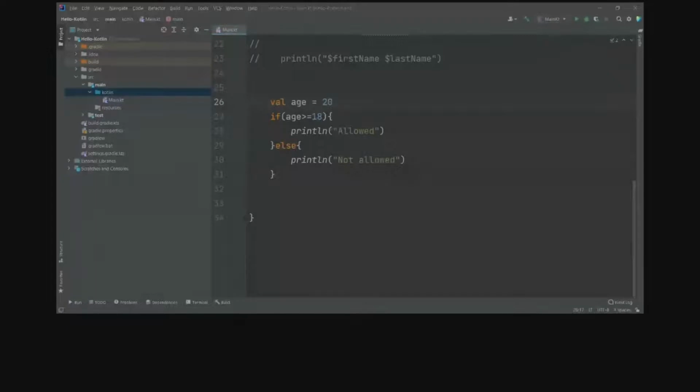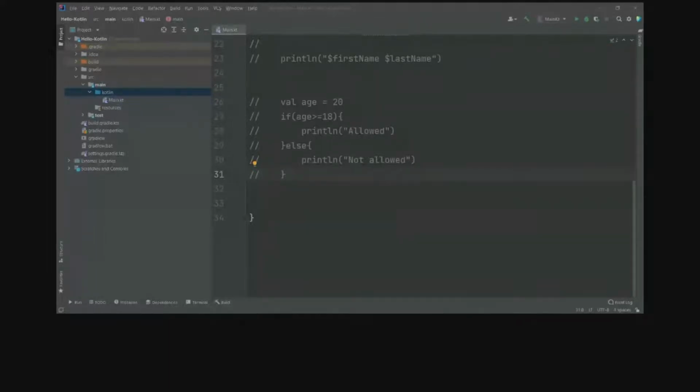Now, we'll cover something which is new in Kotlin. How many of you know about the switch case statement from C++ and Java? Have you heard about it?